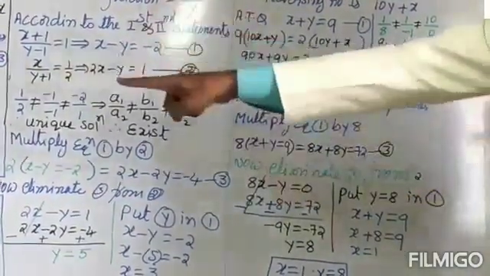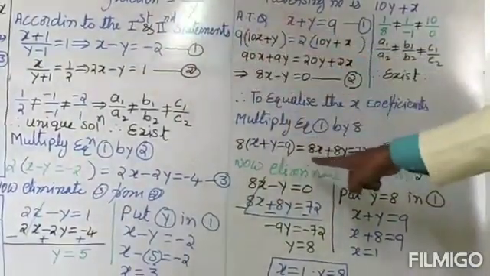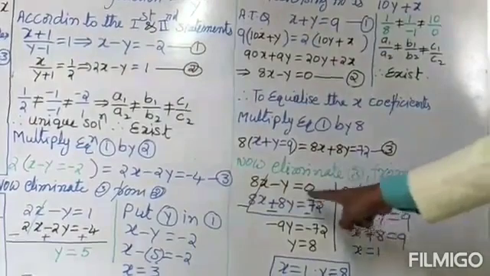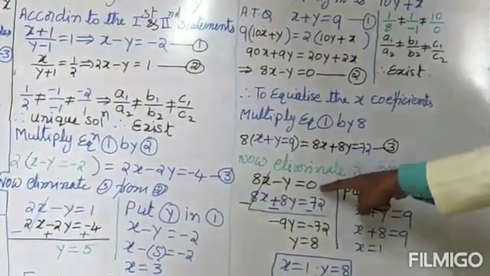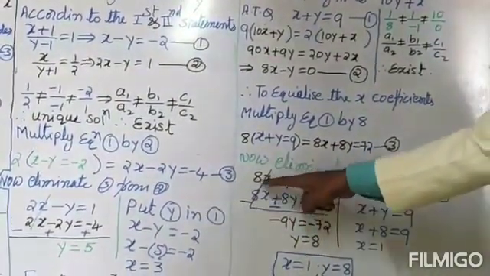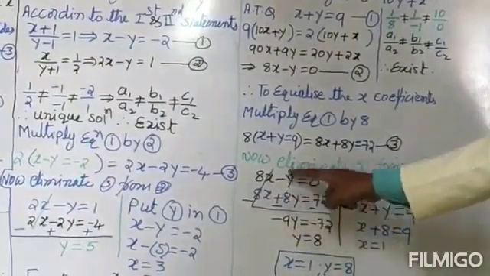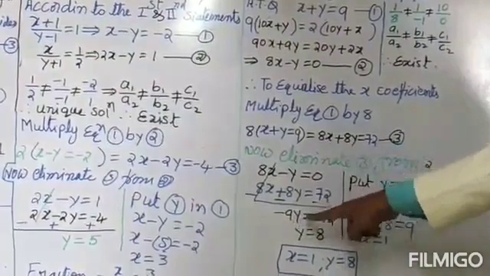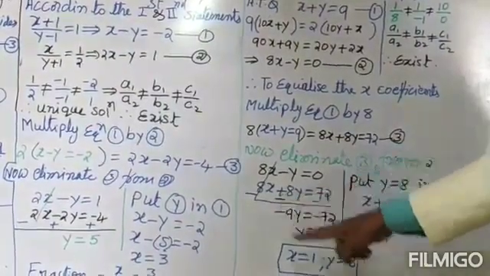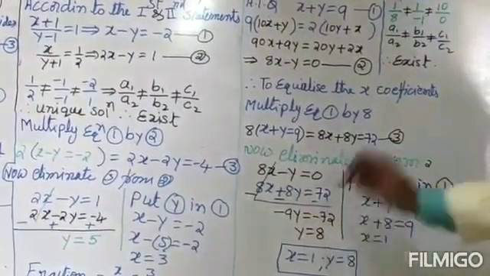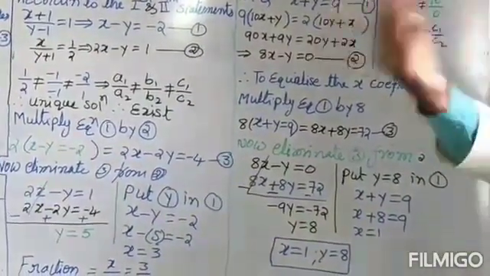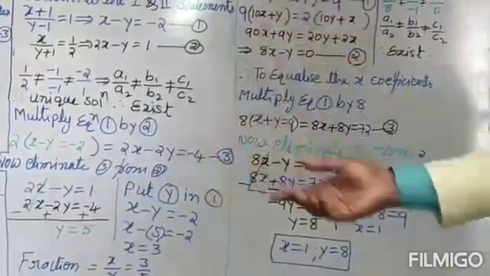Now, as in question numbers 1 and 2, we do it in the same method. Now eliminate 3 from 2. I mean this is 3, this is 1. By changing the symbols, this cancels, and both are minus, so we get minus. So 8 plus 1 is 9y equal to minus 72. Minus minus cancels. 9 eights are 72. You got y. Then to get the value of x, substitute y in any one of equations 1, 2, 3, any one.